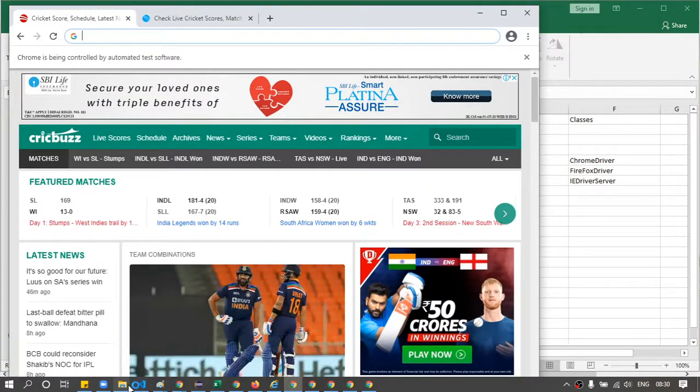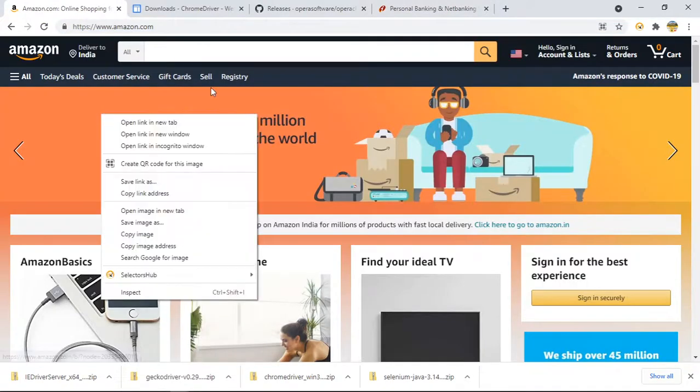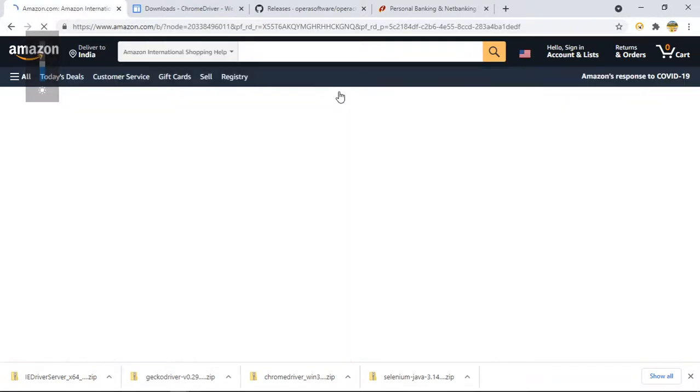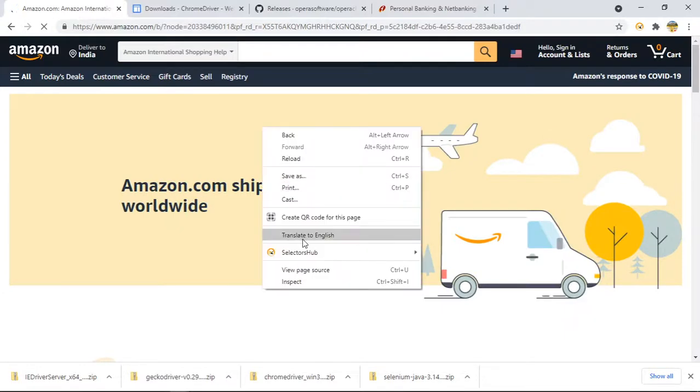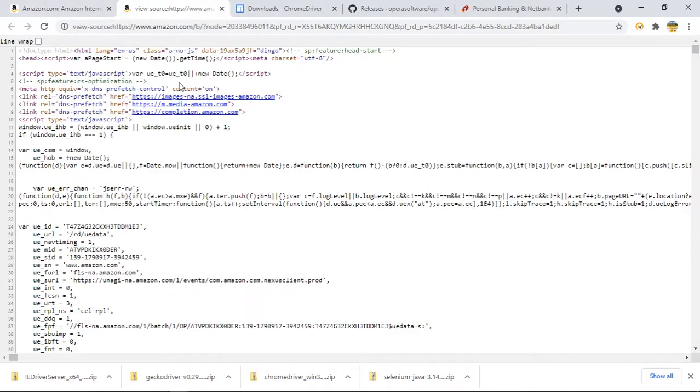So sometimes, suppose I have an Amazon website, and if you press F12, and this one, control and U. If you want to see the code, you have to see the view page source, right? So basically this is the response you got from the server, right? Once I have hit this Amazon website, this is the response in coding format they have given.